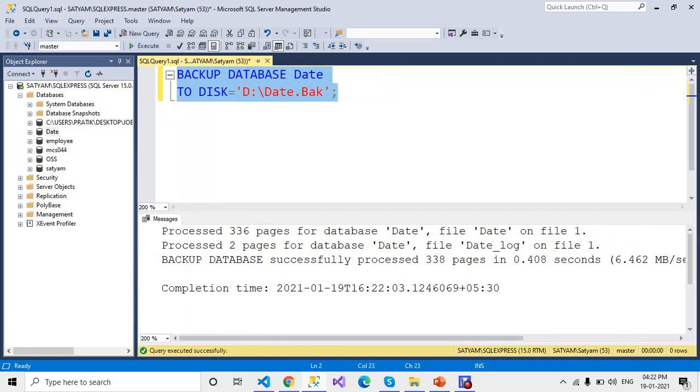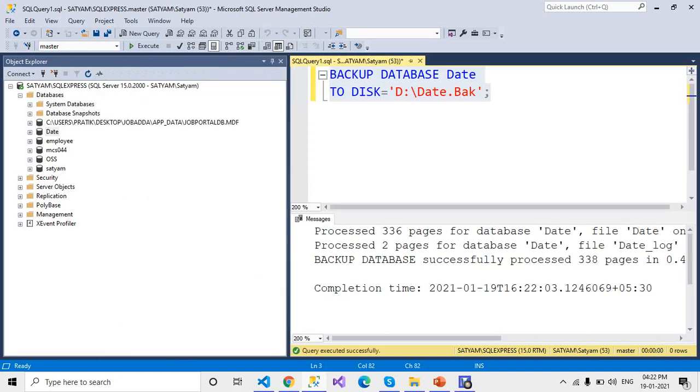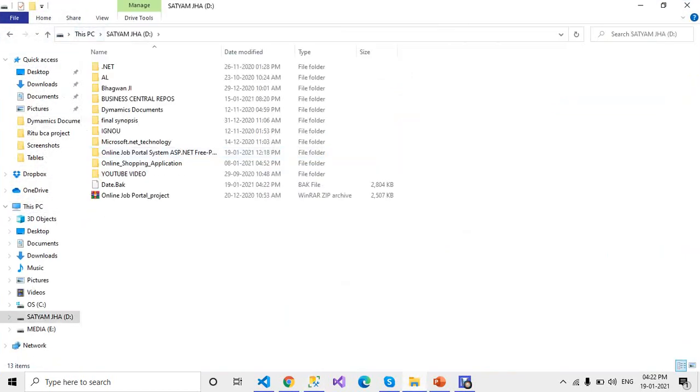The output is that the database was backed up successfully. Now let me show you where the backup file is. This date.bak file is the backup of the database.